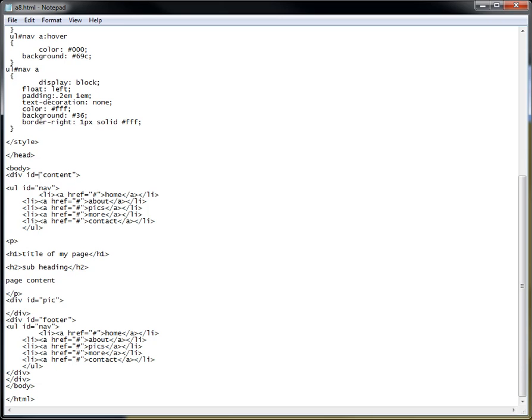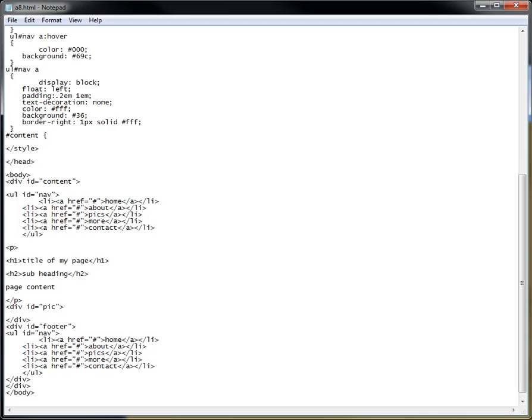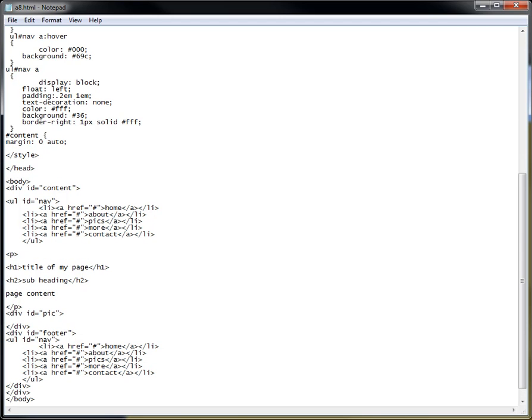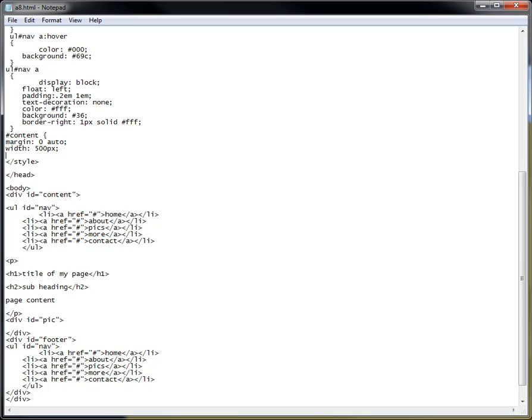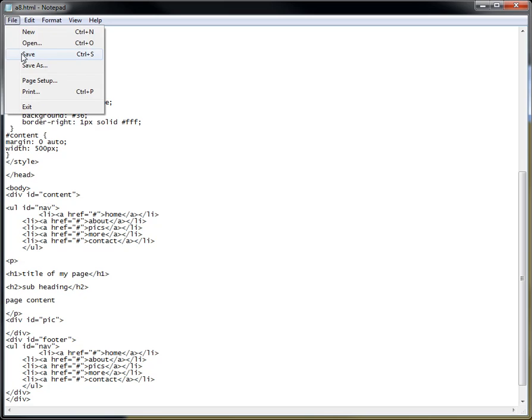So we can actually name it: open up the division, ID equals content, and we're going to close the division down here. And we're going to go up into the internal style sheet and declare it. We're going to open it up, and the margin is 0 from the top, auto, centered, and the width, let's say 500 pixels. And then we're going to close that declaration, and we're going to save this, go over here,